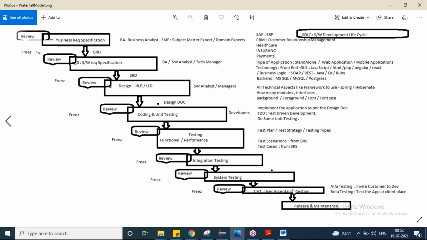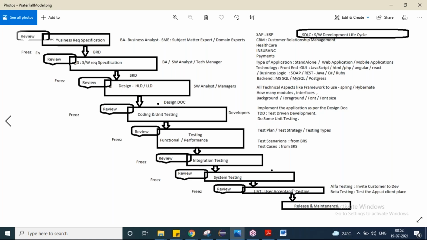But at each and every stage, first he needs to prepare the test cases, and only then perform the testing. They have to be reviewed and frozen, and only then conduct the testing. Once they are done with system testing, they will do something called user acceptance testing. What do we mean by user acceptance testing? The customer has to accept, right? Otherwise there is no point in developing the software.